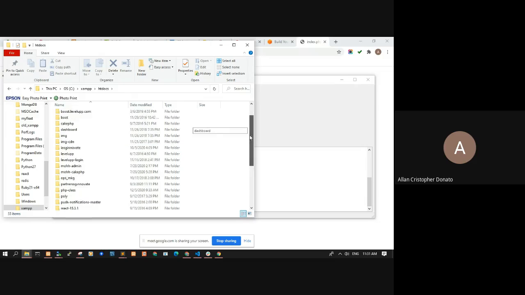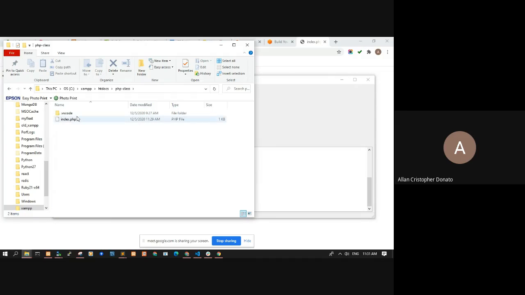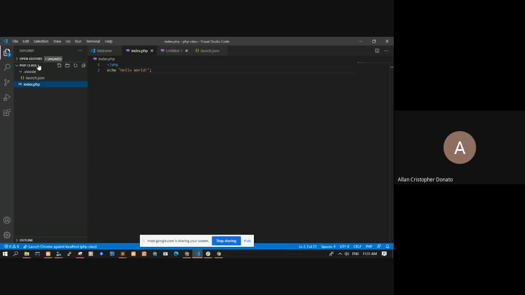So in our case, I pre-created earlier a folder called PHP class. Itong folder na VS Code na to, ginawa lang ni Visual Studio. So it's not necessary. And then I created index.php. Okay. So here I opened the PHP class na folder and then I created index.php. Now I write PHP echo hello world. So paano natin siya i-run as